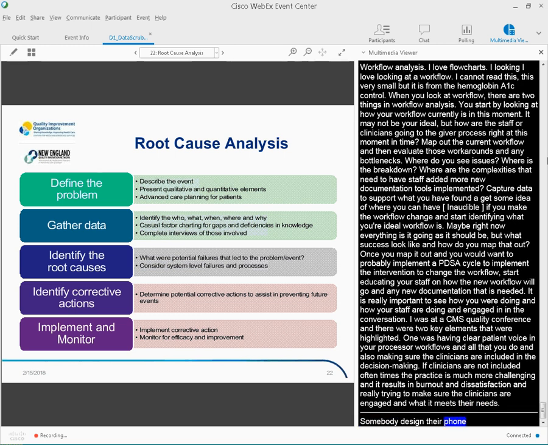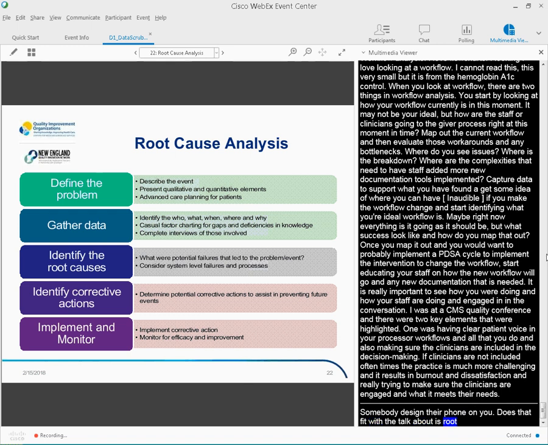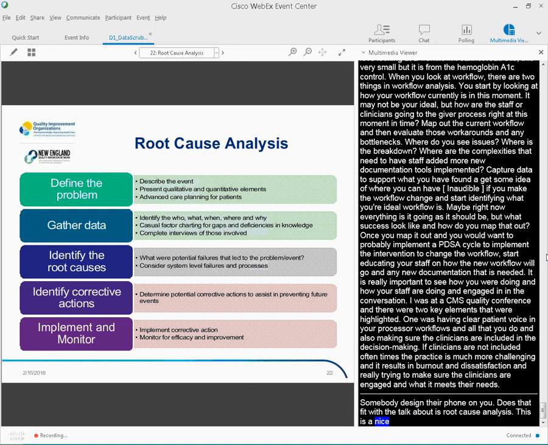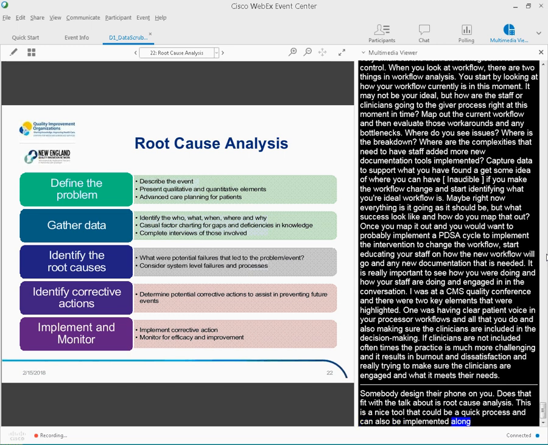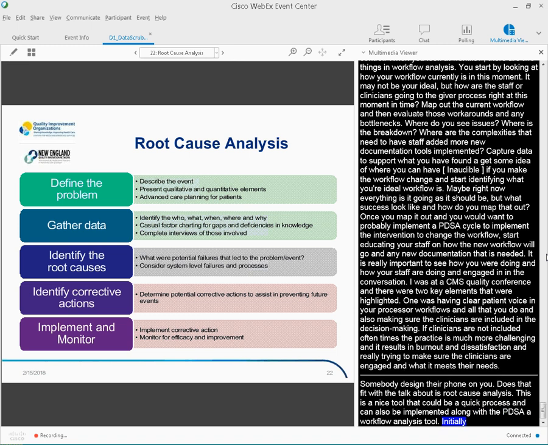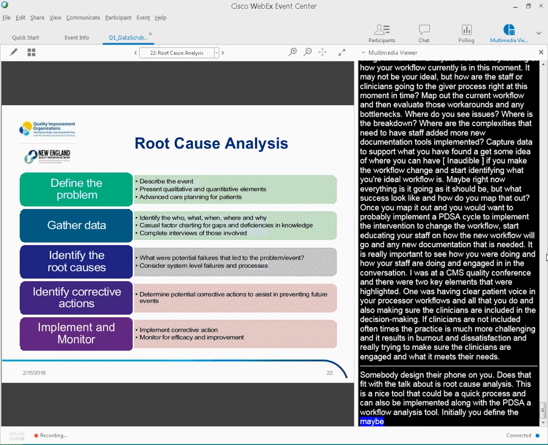The next thing I want to talk about is root cause analysis. So this is also a really nice tool. It can be a pretty quick process, and it can also be implemented along with the PDSA and the workflow analysis tool. So initially, you define your problem. So you need to look at a specific event or outcome. Maybe it's trouble with the check-in or check-out process. Look at pulling the qualitative and quantitative data to support whatever that issue is, and then start